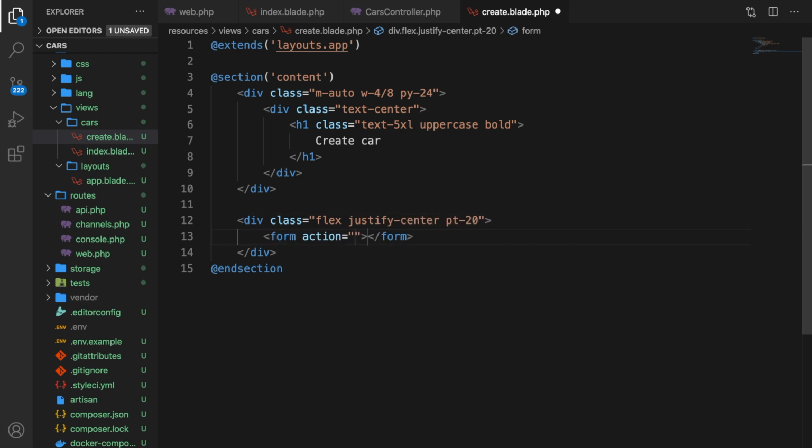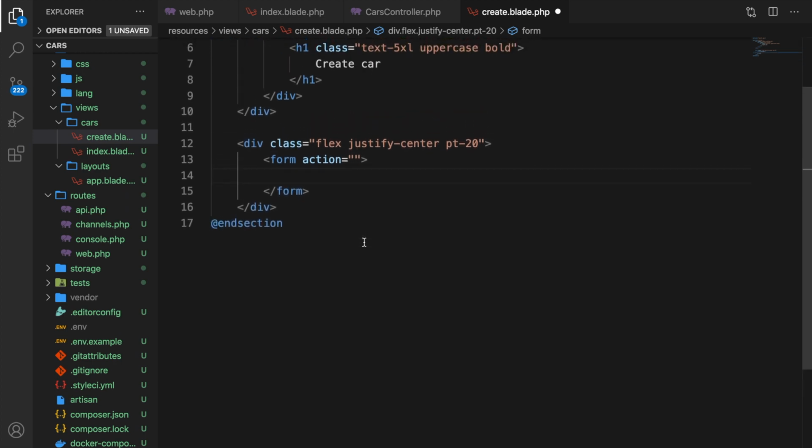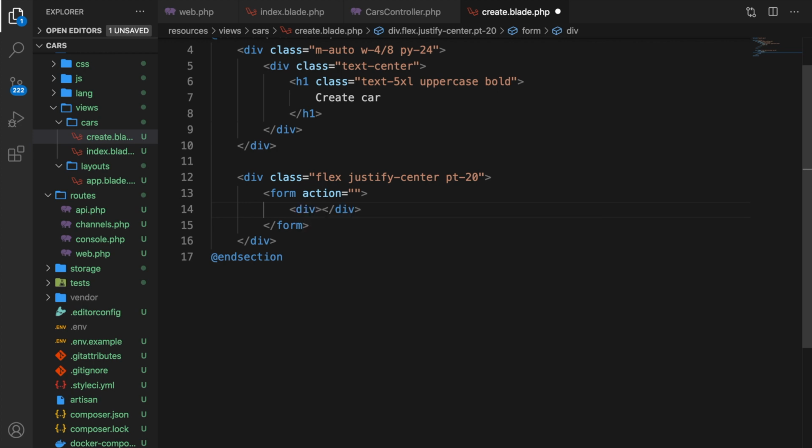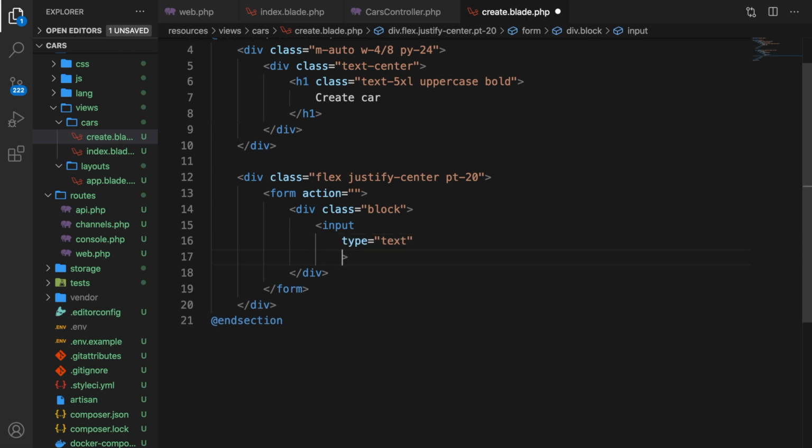Then we need a form because we need to submit it, and I'll come back later on the action and the method. Alright, we have a div in here which has a class of block. Type is equal to text. Let me actually outline this on the line below. The type, it has a class of block, shadow dash 5XL, margin bottom is 10, p-2, width is 80, italic,